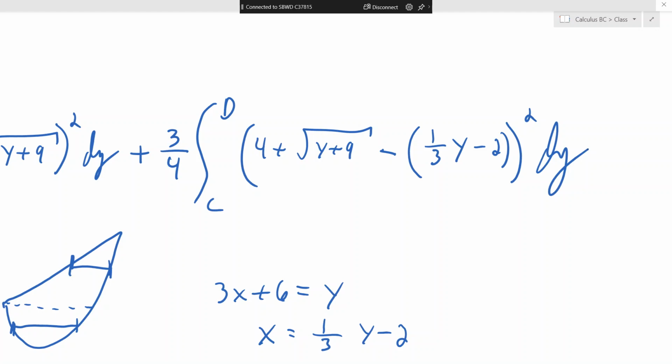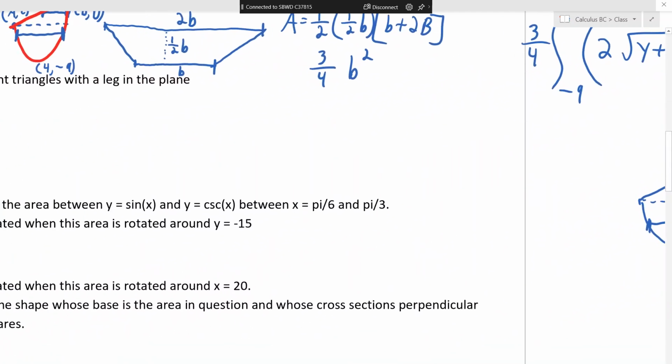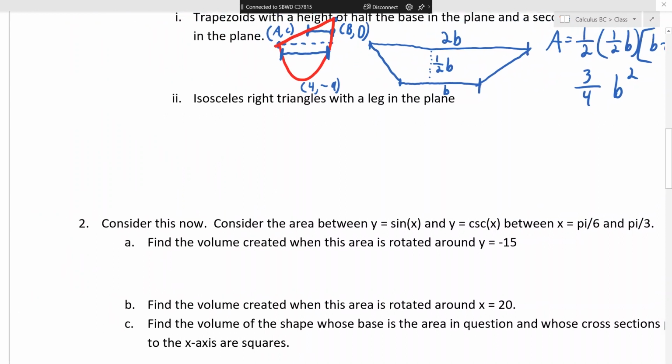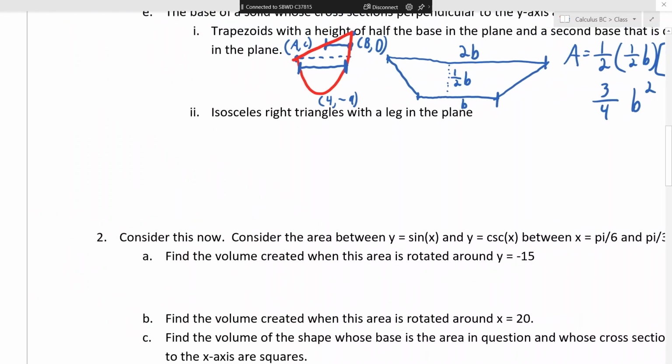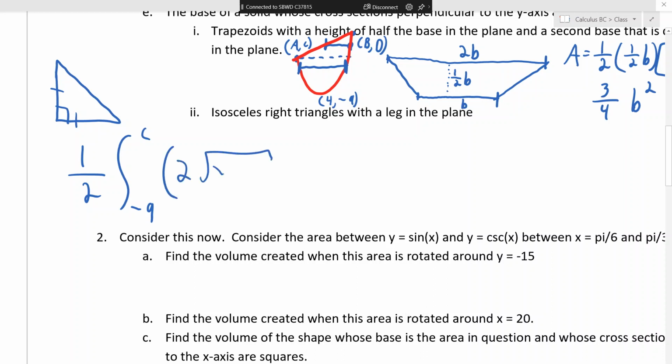Okay, the other one's going to look similar. I don't know what shape we're talking about over here. Isosceles right triangles with leg in the plane. That means it looks like this. That's half a square. So it's just 1/2 the integral from -9 to c of 2 square root y plus 9 squared dy